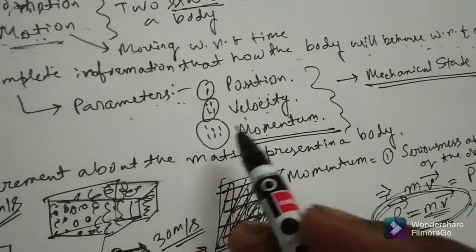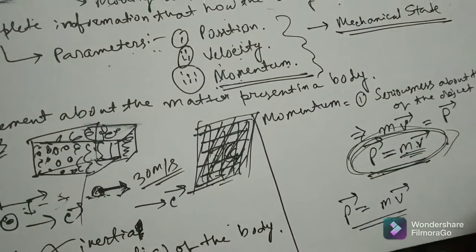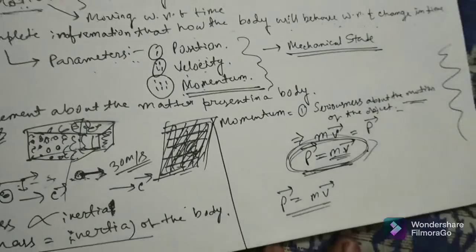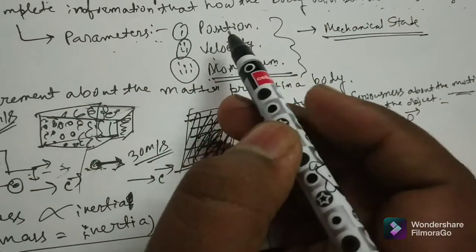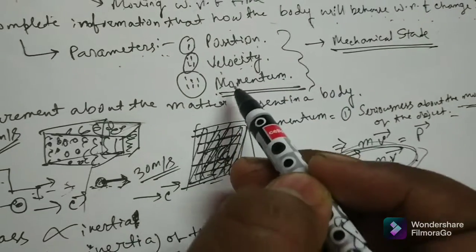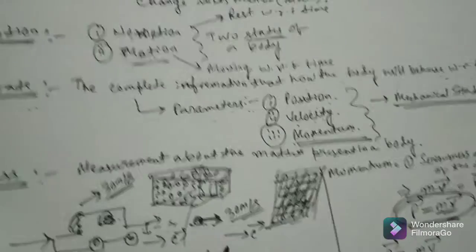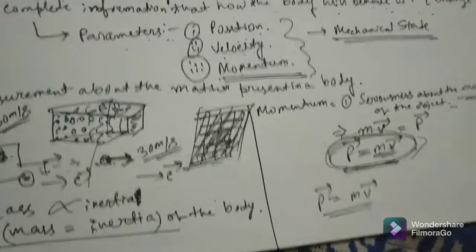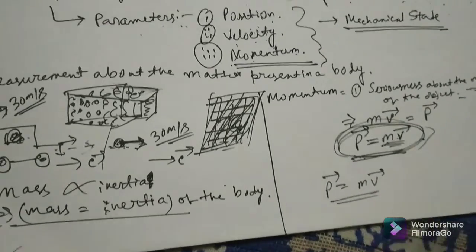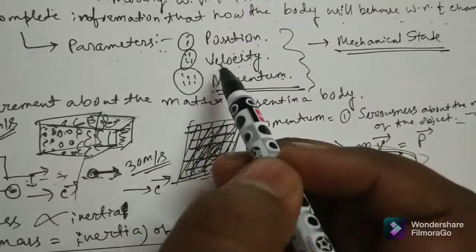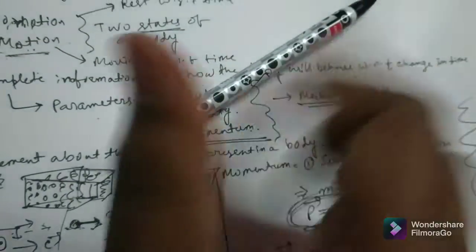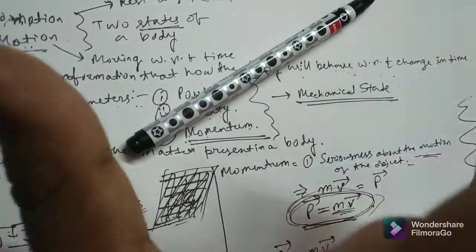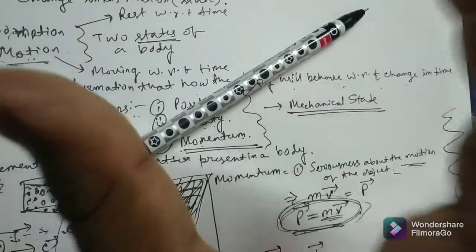In another video, I'll discuss Newton's three laws of motion, the mathematical terms related to these three parameters, and how I'll substitute the variables in that equation. You can then find out in future, unlocking the mystery of whether this pen after 5 seconds, based on its fundamental parameters, that is position, velocity and momentum, will be staying at rest or not.